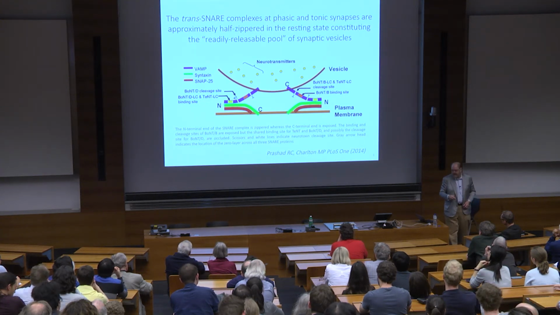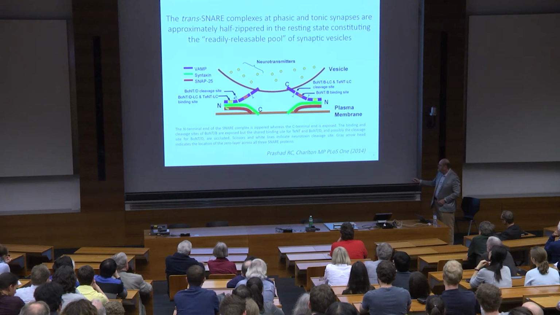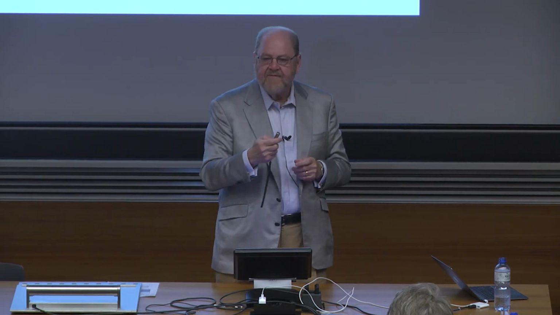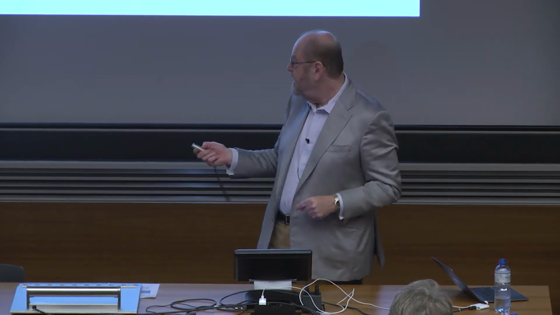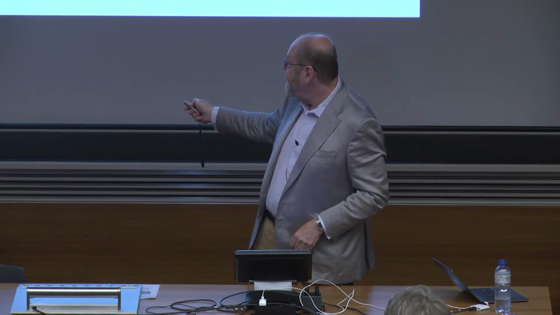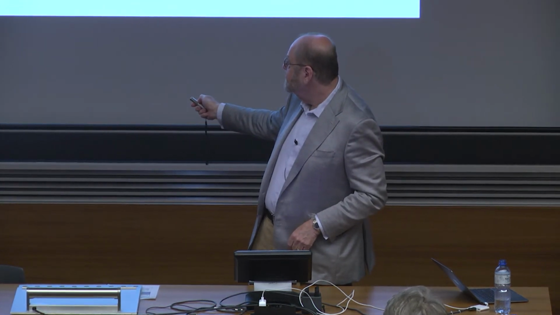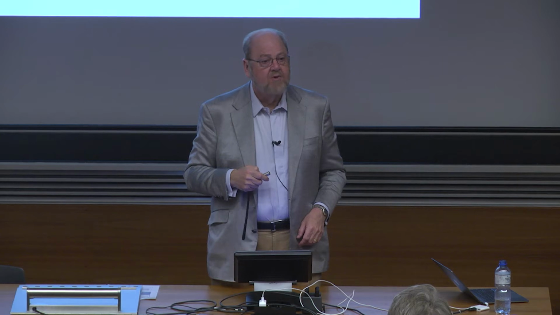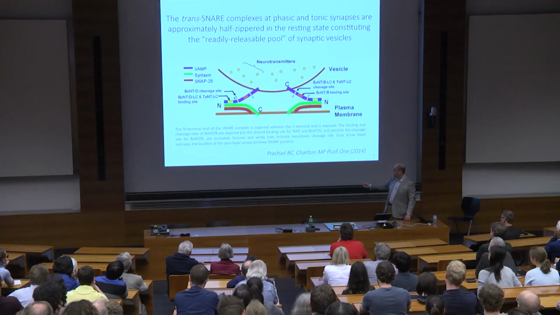How do we know that? We know that because when the SNARE complex is zippered, it is so tightly wound that proteases can't attack it. It's completely resistant to proteolytic attack. But when it's not yet zippered, it's easily cleaved. It's not even folded, and it's easily cleaved by a protease. So if you could get a protease into the synapse, as Charlton did, and if it happened to be specific for various sequences that are in the end or the C-terminal half, you could then judge whether or not the corresponding portion was zippered or not. It happens nature has provided us these. Botulinum toxin, for example, tetanus toxin.